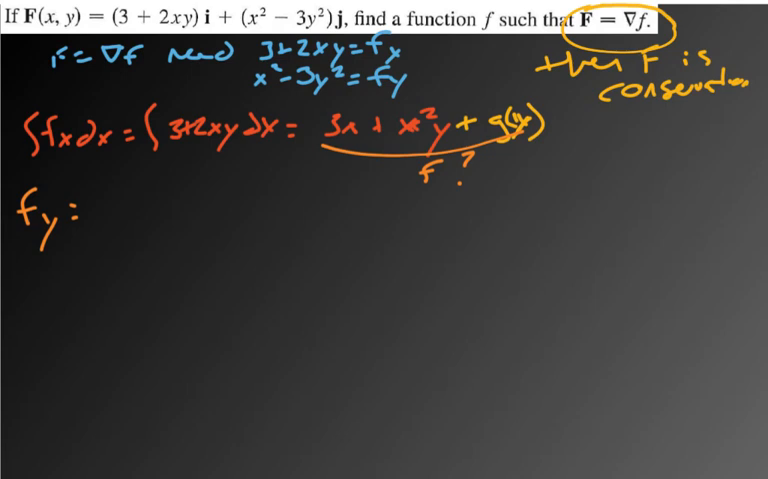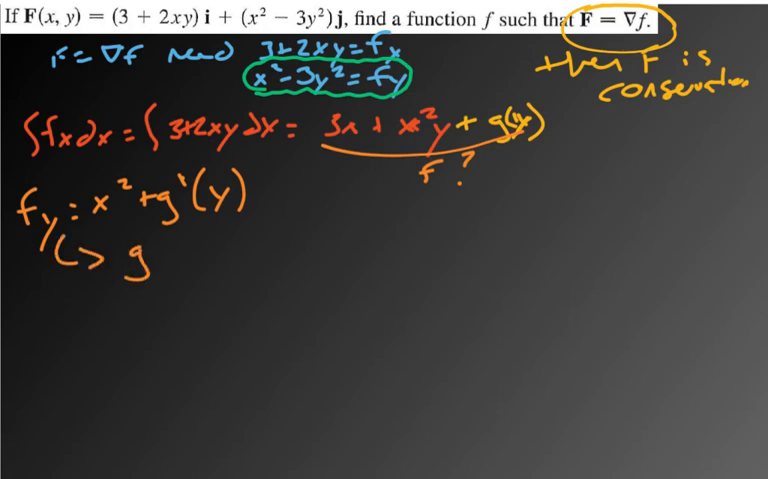So I would get, the 3x would go away, so I get just x squared plus g prime of y. And then what we're doing is we're sort of going back up here, right? And we want f with respect to y to equal x squared minus 3y squared. So using that, we see g prime of y must be